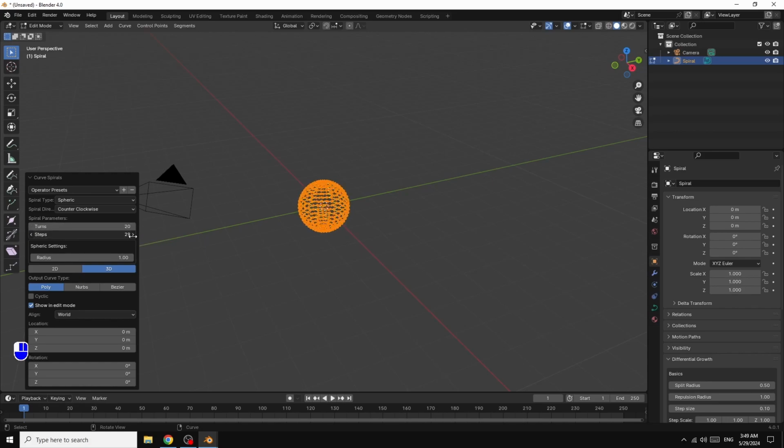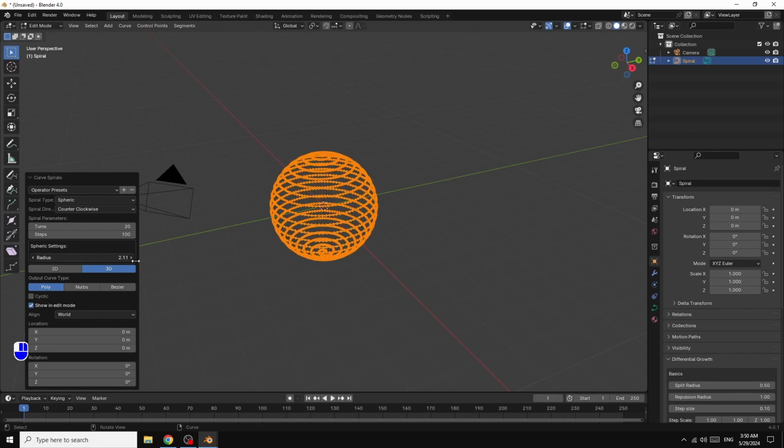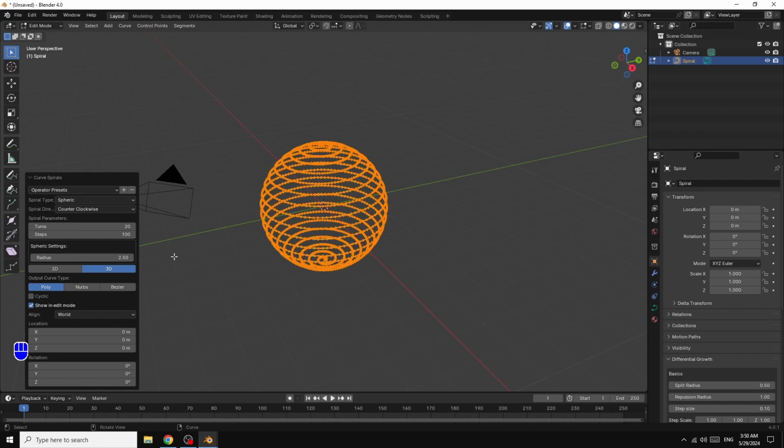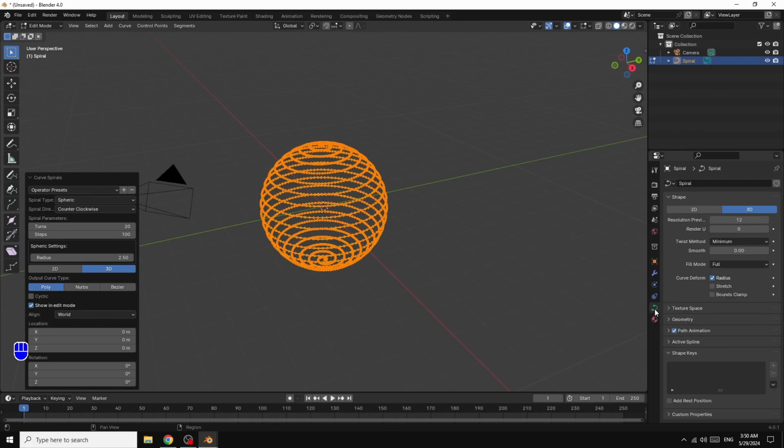And here the steps, increase the number to 100. To reduce, I give it 2.5 like this. Here, go in object data properties, in geometry,